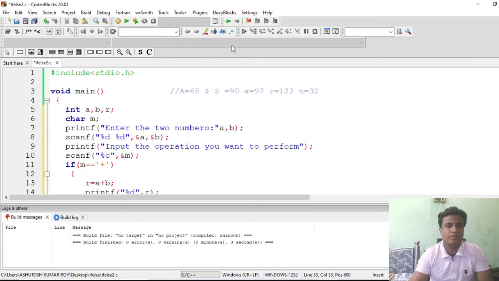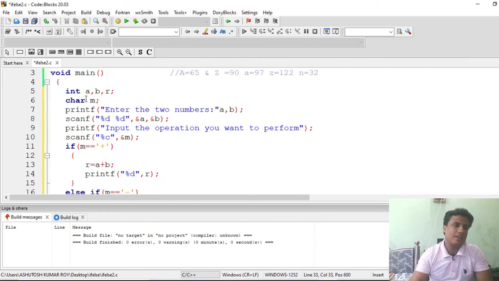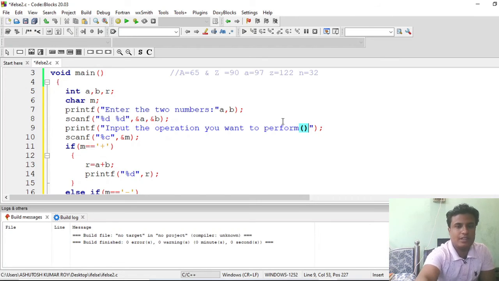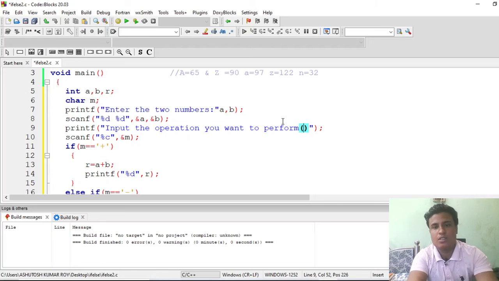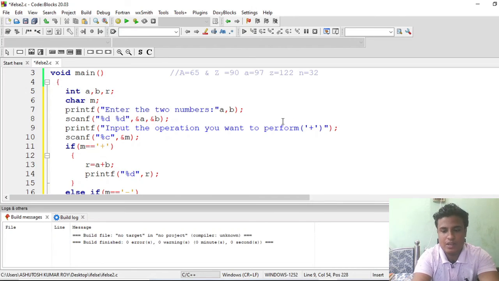Hope there is no error. What I have done here is we just declare 3 variables, then we store the choice of the user in the m variable, what operation you want to perform. Suppose I also list the types of operations, to make it more user friendly. Plus, he can enter subtraction, or multiplication, or division. So I have already mentioned it here also.